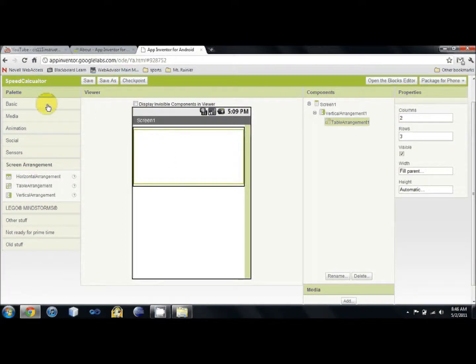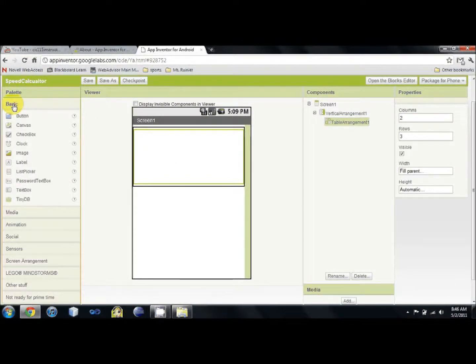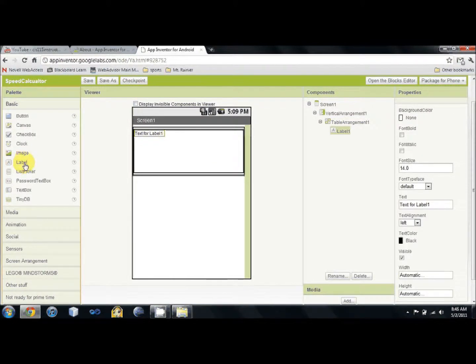So next step, I'm going to come back to my basic part of my palette. Here's where I have things like buttons, checkboxes, labels, and text boxes. First thing I'm going to put are 3 labels on my screen. As I drag it over and move it over the different parts of the table arrangement, you'll see that I can put it in the different spots. My labels are all going to go on the left. So the left column,